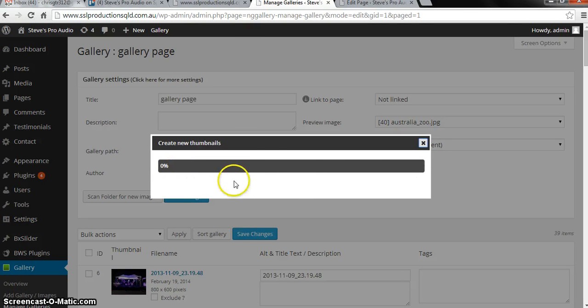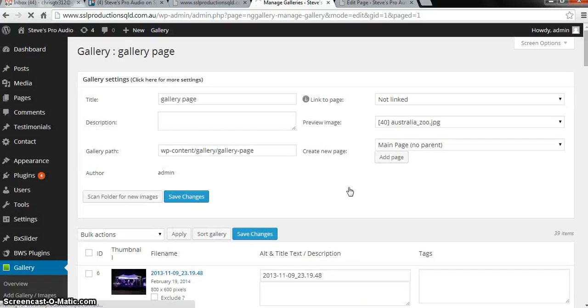This is the indicator for the images we are working on. 5%, then just wait until it's 100%. Okay, so done.